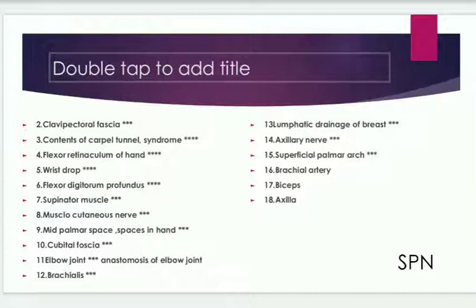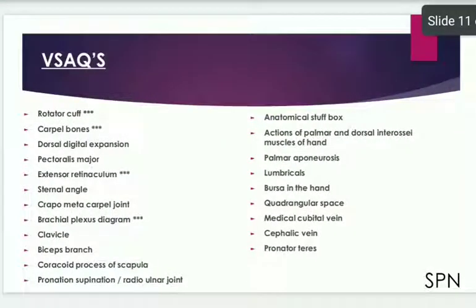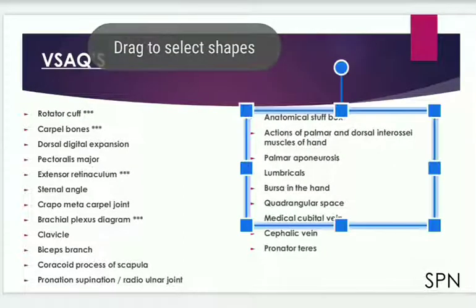axilla. To these, you need to add the diagrams also. Diagrams play the most important role in the exam. Very short answers like rotator cuff muscles, carpal bones, dorsal digital expansion, pectoralis major, extensor retinaculum, sternal angle, carpometacarpal joint, brachial plexus diagram, clavicle, biceps branches, coracoid process of scapula, pronation, supination, radioulnar joint, anatomical snuff box, actions of the